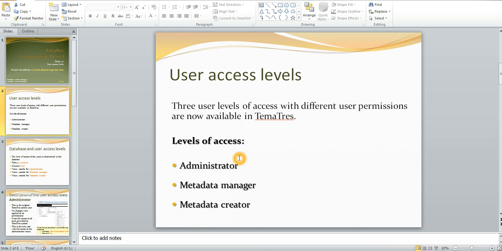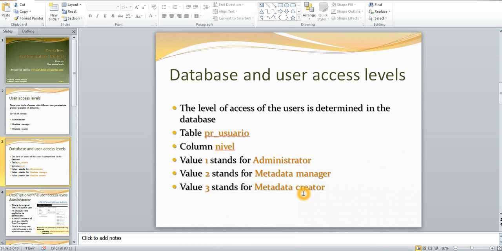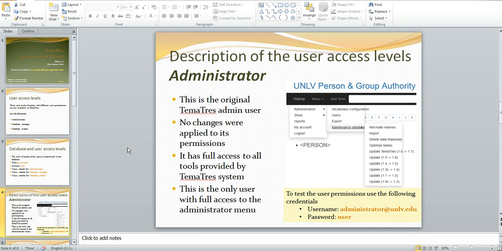Currently, TemaTres has three user access levels: Administrator, Metadata Manager, and Metadata Creator. At this time, the only way to manage the user access levels is through the database. Later in the slides there are detailed instructions on which steps you need to take to manage the user access levels. First, I would like to discuss the administrator group